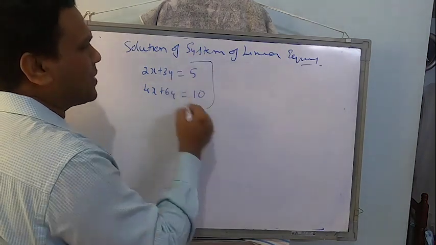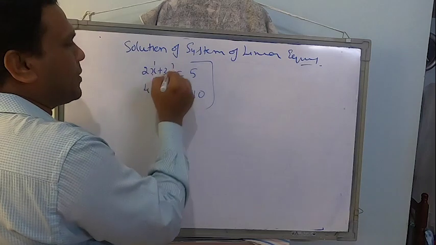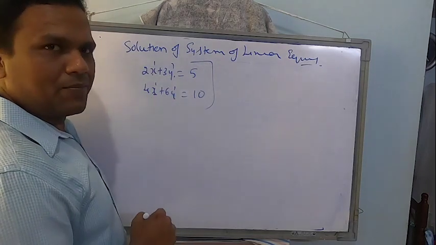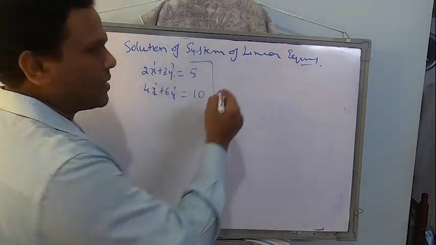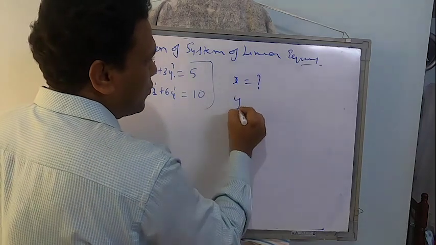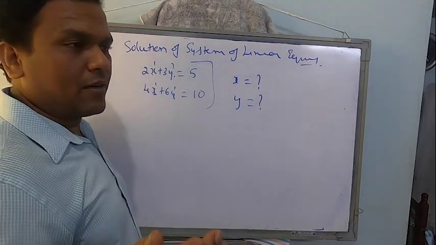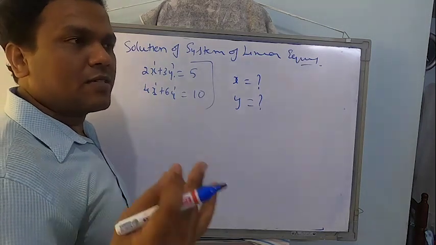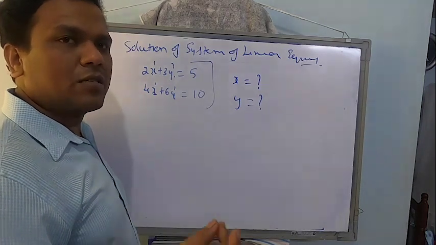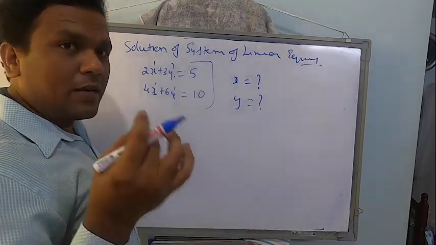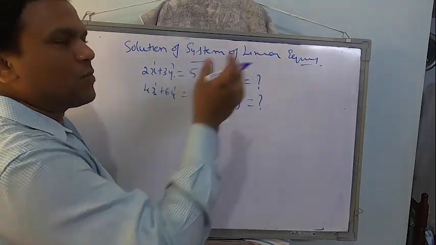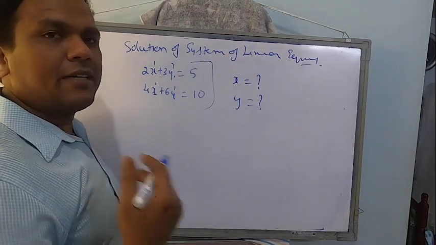These are called linear equations because there are two unknowns, and linear because the powers of the unknowns are 1. So a system of linear equations is given. My job is to find out the values of x and y. There are many methods of solving. For example, the simultaneous method, substitution method, cross multiplication. There are many methods, but they will tell you to solve the system of following linear equations by using determinants.